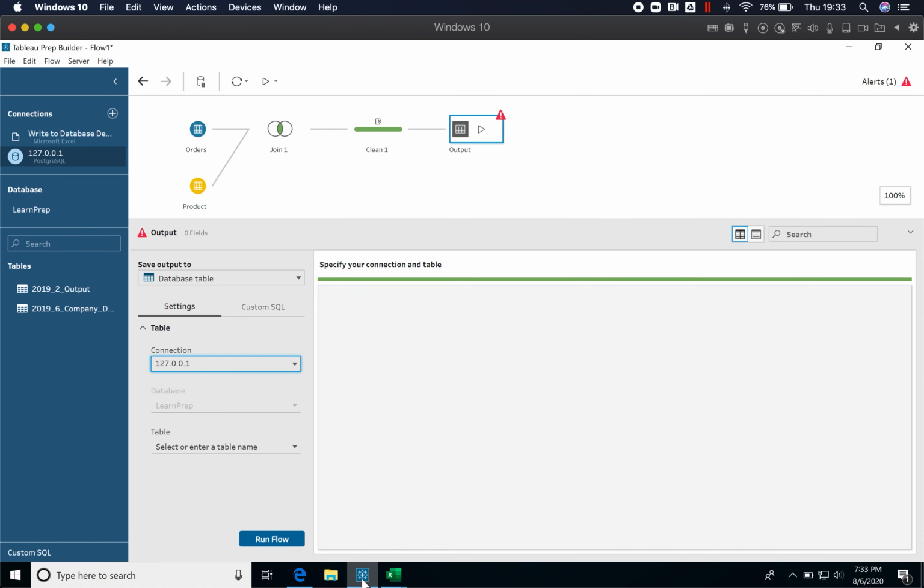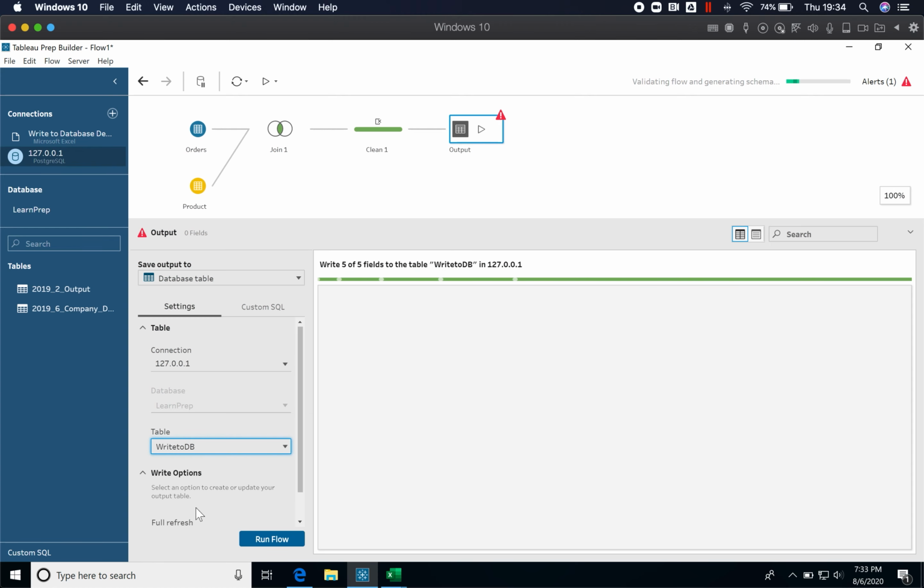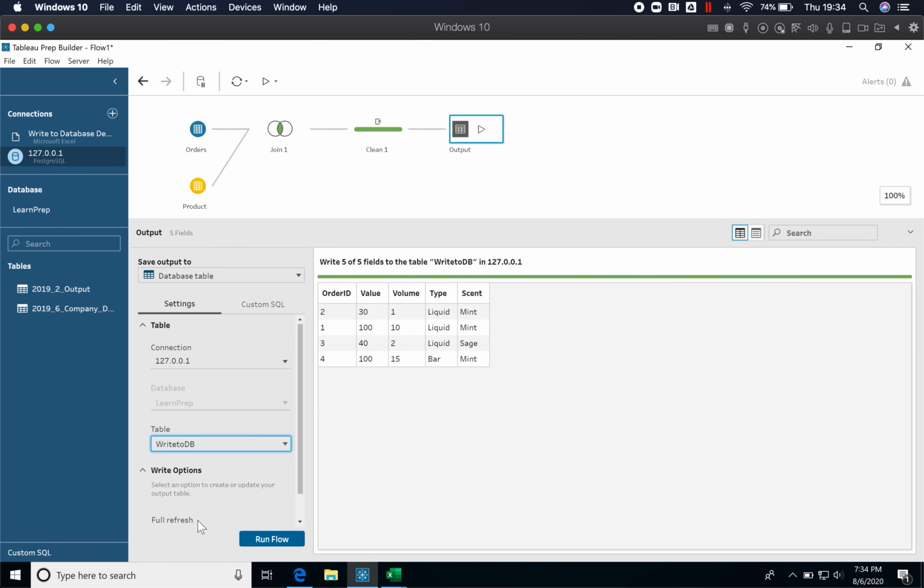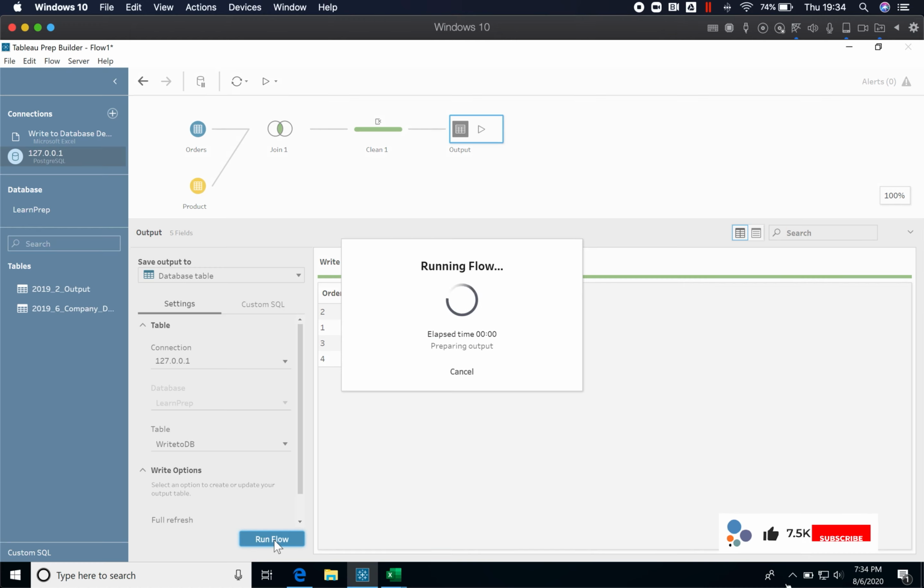I'm going to go and write this new data set in. So I have the choice to use any of the existing table names within my data set, or I can create something new. Let's call it write to DB. I have the option to create this as a new table. And I've still got the options that came in 2020.2 around how I want to refresh and update this data set. You'll see that only the matching details are coming through. I'm just using an inner join at the moment, so I'm going to expect to get those 4 rows of data back. When I run that flow,